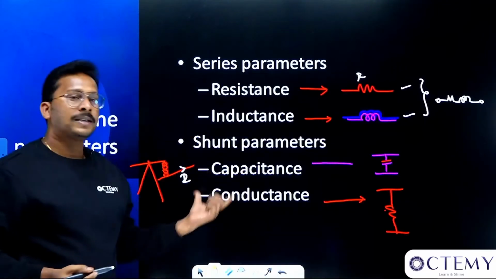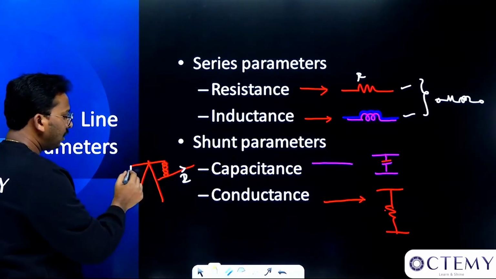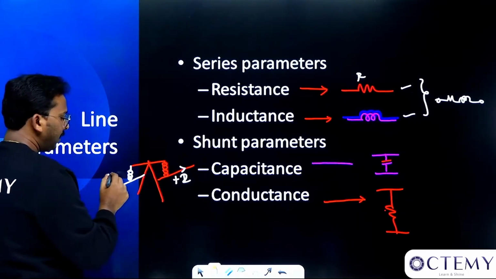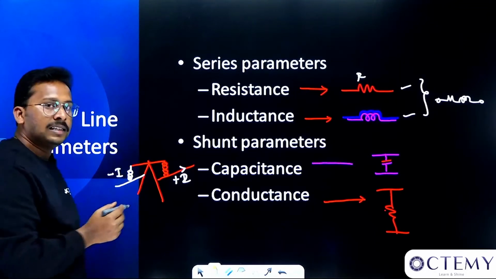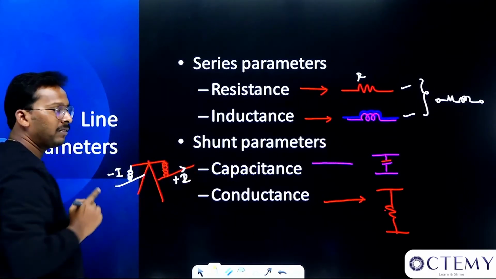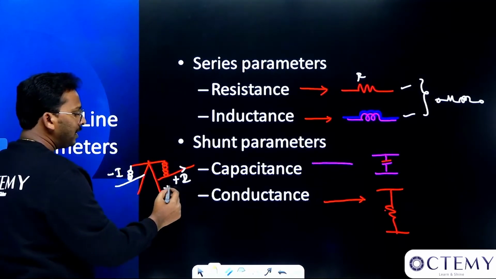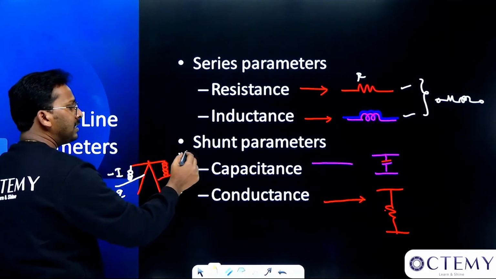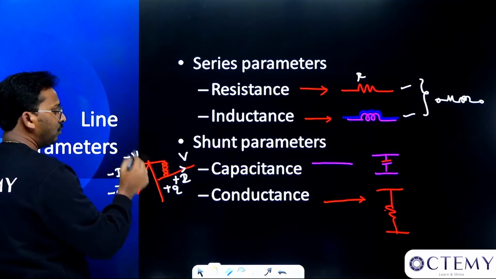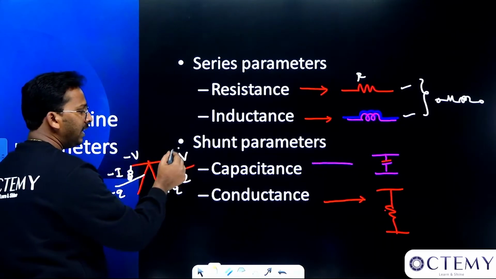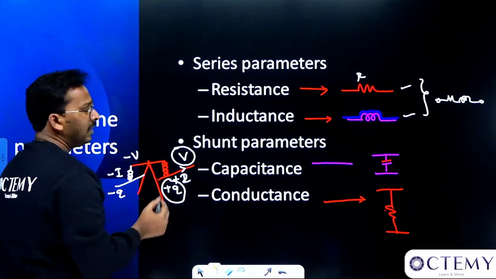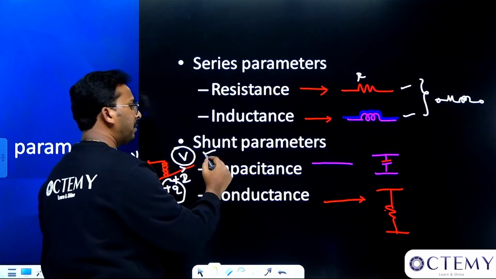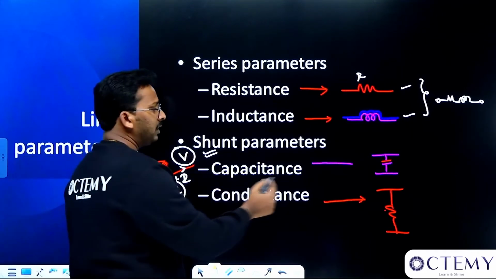Whereas if you talk about capacitance and conductance, there are two lines. If there are two lines like this, now assume this is carrying plus I current, this is carrying minus I current. What is the meaning of minus I current? This is the current which is going in the forward direction and it is the return path from the load, right? So this will hold plus Q charge and this will hold minus Q charge. And this particular line is at a certain voltage and this particular line is at a certain voltage, right? So whenever there is voltage and charge involved, you will get capacitance, right? Now since the capacitance is depending on voltage, it will become a shunt parameter, right? That is why I will show it with the shunt.